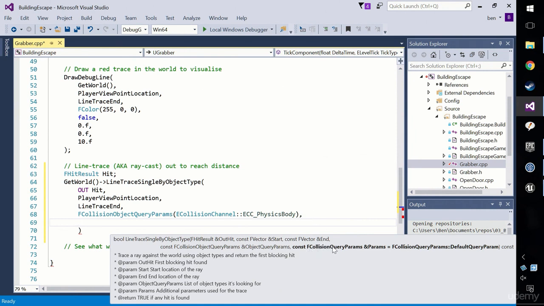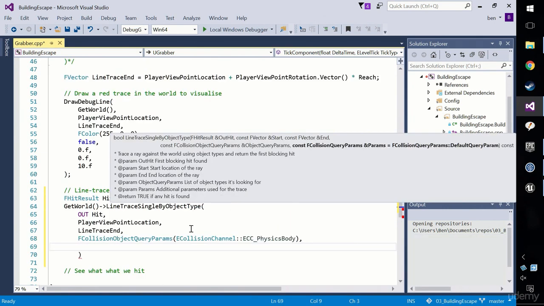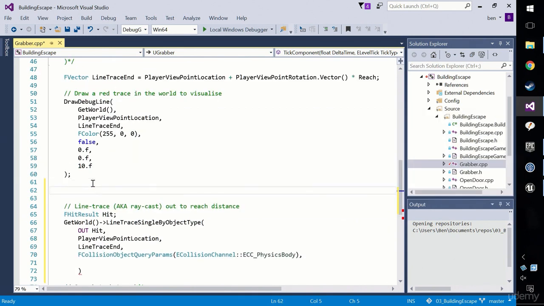Finally, it wants an F-collision query parameters input as well. Not F-collision object query parameters, but F-collision query parameters. Now, I'm just going to show you how this works because it's the first time you've seen this. No good me challenging you to do this. I will challenge you to do the last bit of this. So let's do a couple of things. Let's firstly make, so set up query